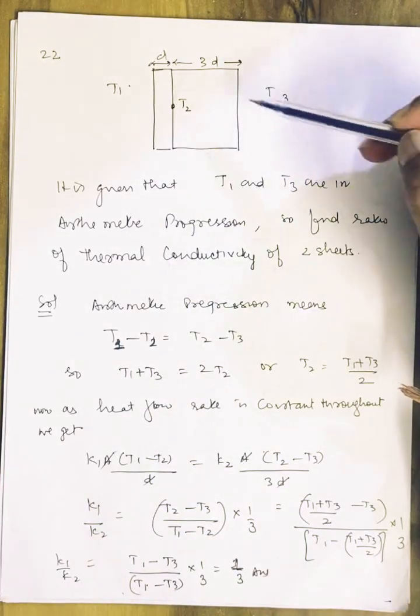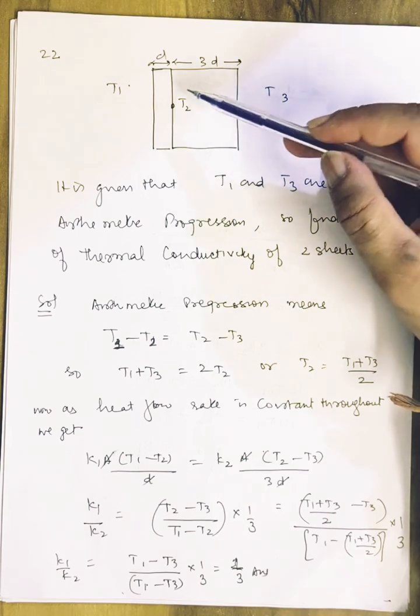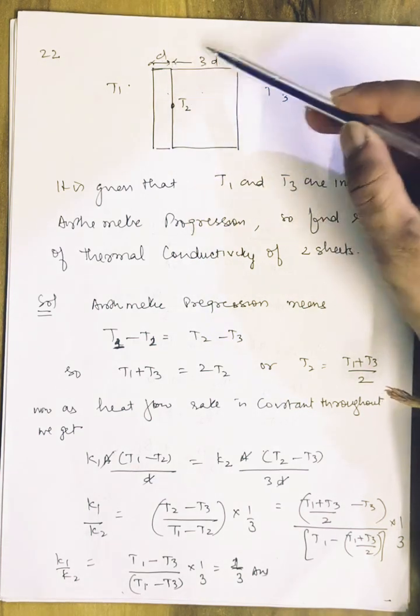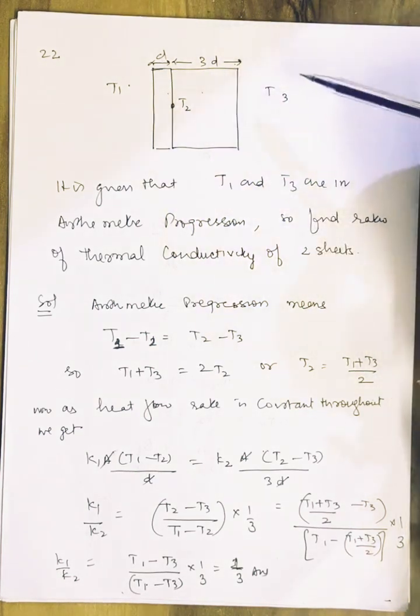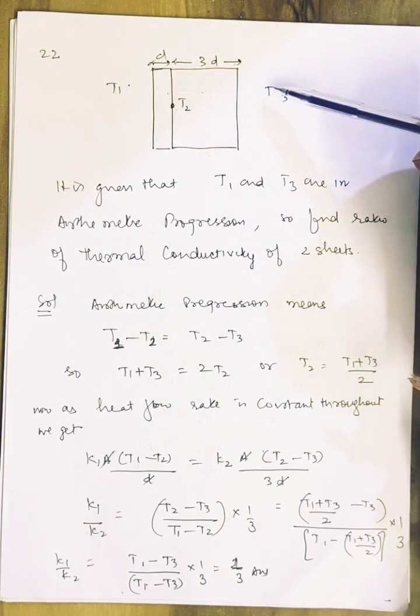It is given that T1 and T3 are in arithmetic progression. So find the ratio of thermal conductivity of the two sheets, this and this. The length is D, then 3D. Here is temperature T1, temperature T3 as given in the question, and T2 is the arithmetic mean of these